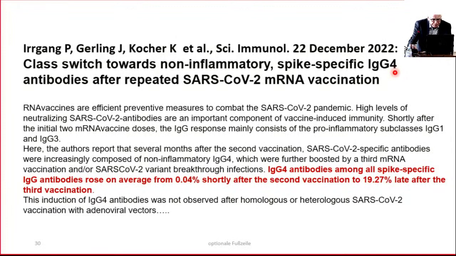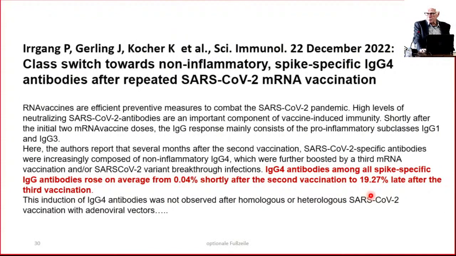And it came out that after the first vaccination, only 0.04% showed IgG4 antibodies, whereas after the second, almost 20% were IgG4 positive. Now, this same observation was not observed after vaccination with adenoviral vectors. So, of course, speculation goes on whether breakthrough infections in vaccinated people might partly be due to this high